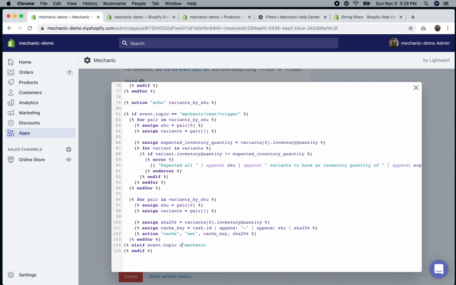And we'll say this should be contains mechanic/scheduler, so as to allow for different scheduler events, because this would match scheduler /10 minutes or /hourly or /daily or /Monday or whatever else, and all of those recurring topics are totally appropriate for this. So what we're going to do